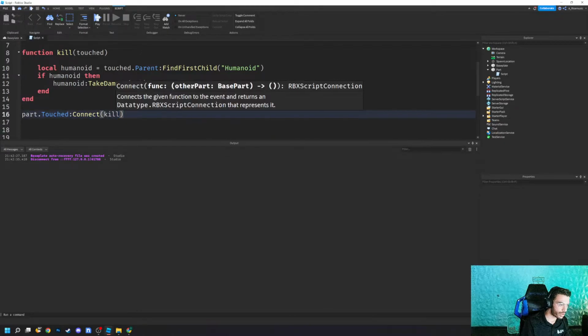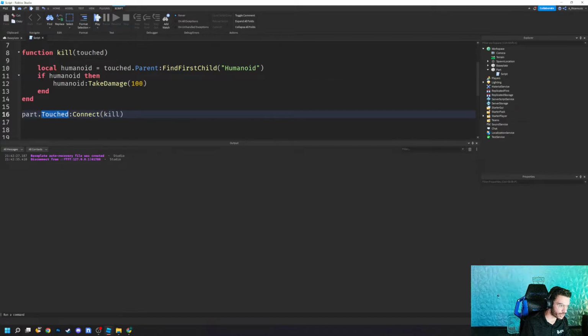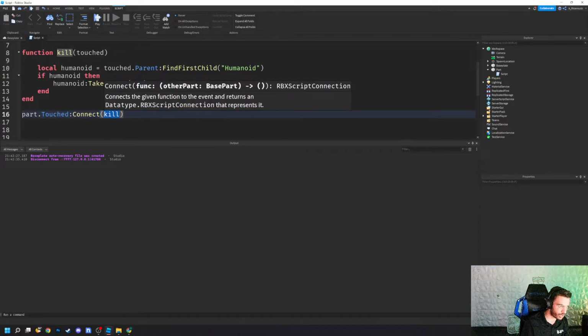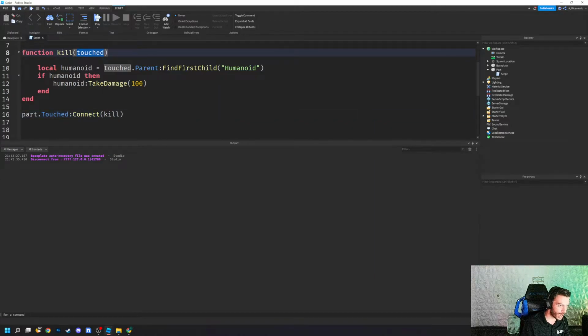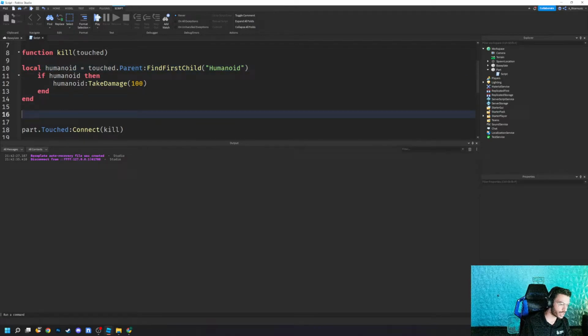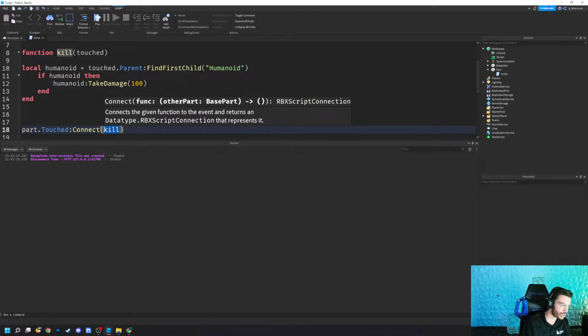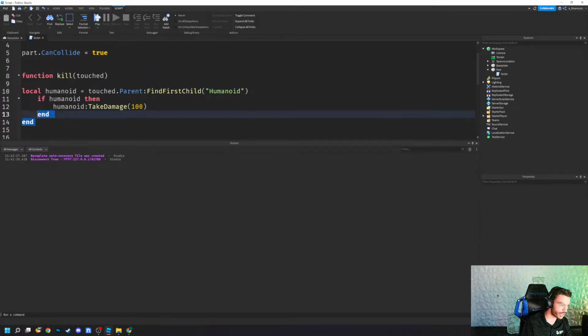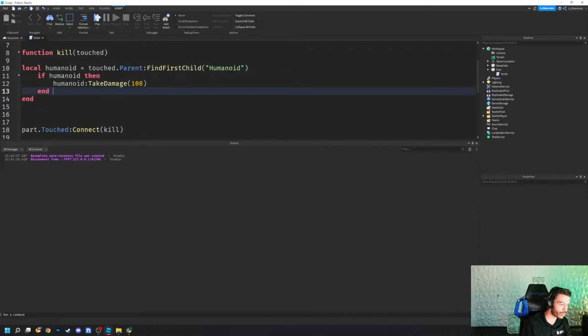Now, when this touch event calls this, it's automatically going to treat touched here as the exact same thing, and this will work in the exact same way that we saw before. This is a way to connect a touch event to a function that has already been defined here. This is another way to do it with events,